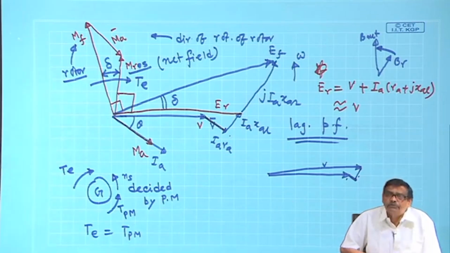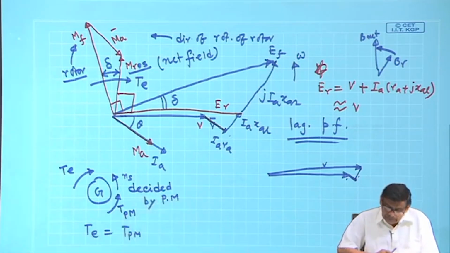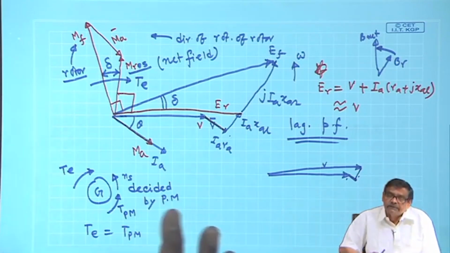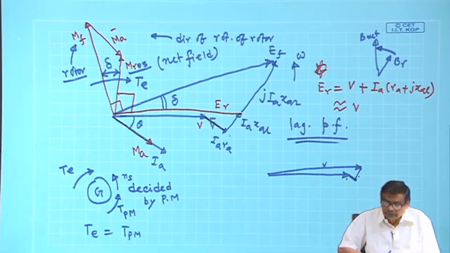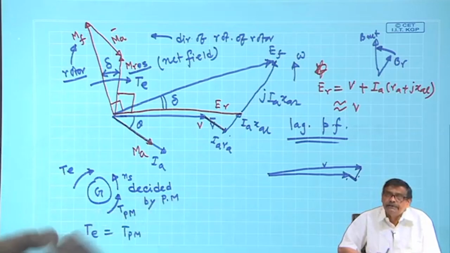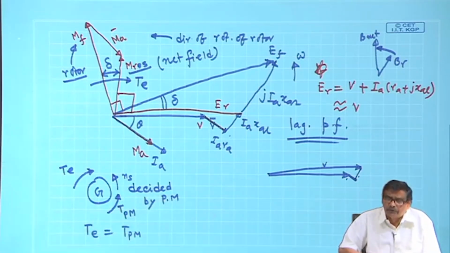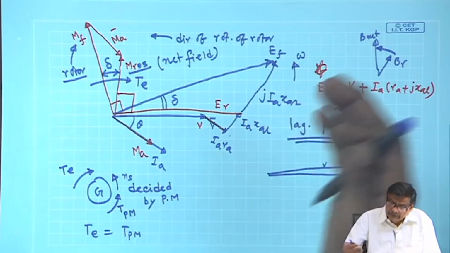If this angle happens to be 0, then no electromagnetic torque at least will be produced by the machine. Suppose there is no friction, nothing, then the prime mover also does not have to provide any torque to overcome the friction. So, the prime mover torque will be 0, and